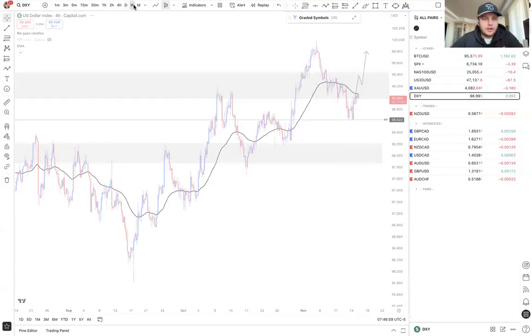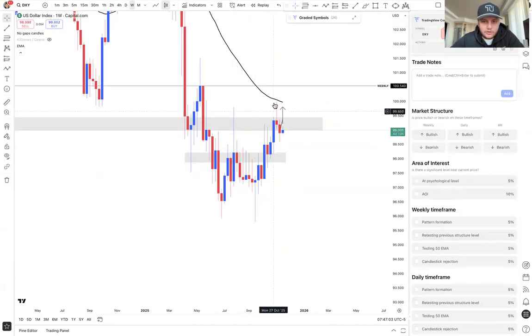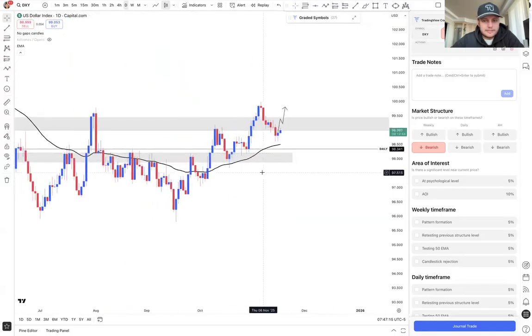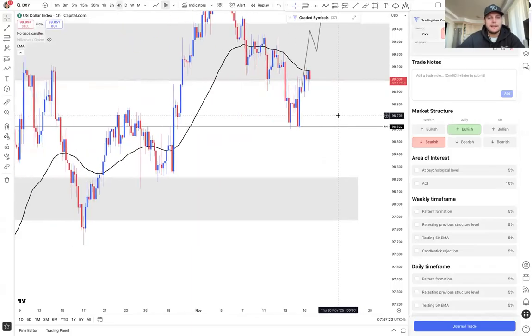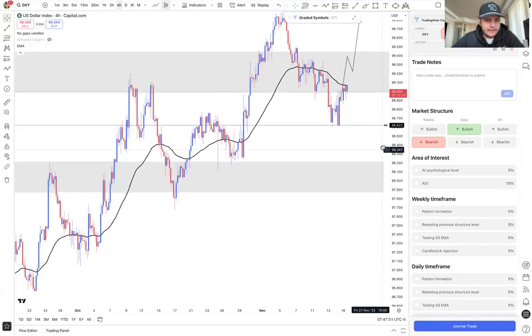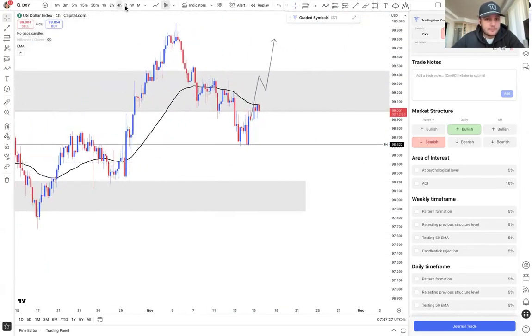Dollar index. The dollar index weekly time frame is currently bearish. So we've had 2 selling weeks in a row, and it seems like we've pulled back into the area of interest one more time. I think this could be a nice opportunity to catch some sells. Daily time frame is currently still bullish, and the 4-hour time frame is currently also bullish. Now we are retesting the 4-hour EMA right now. And that could lead us to some selling, potentially some more selling